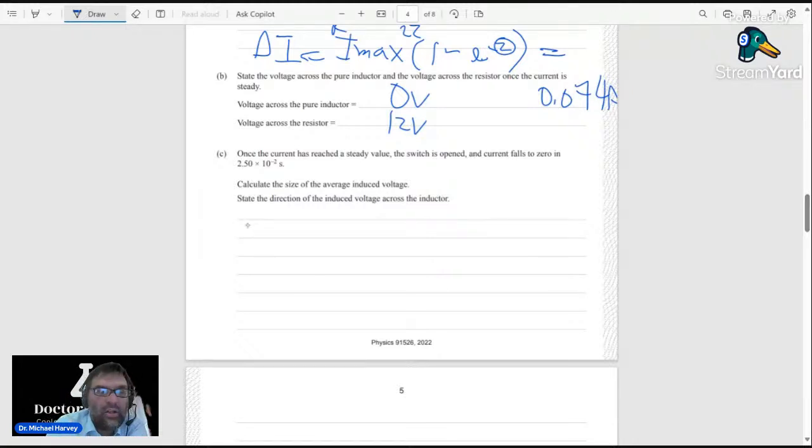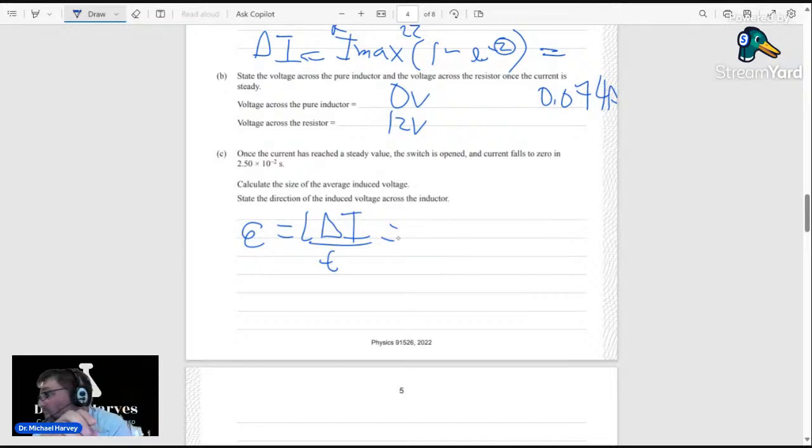I'm going to use the equation we've been using: E equals L change in current over time. So if we just plug in the numbers, the voltage equals 1.6 times